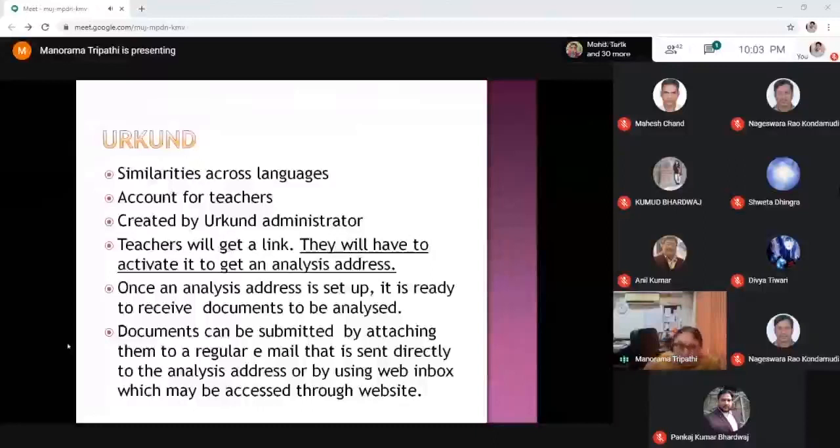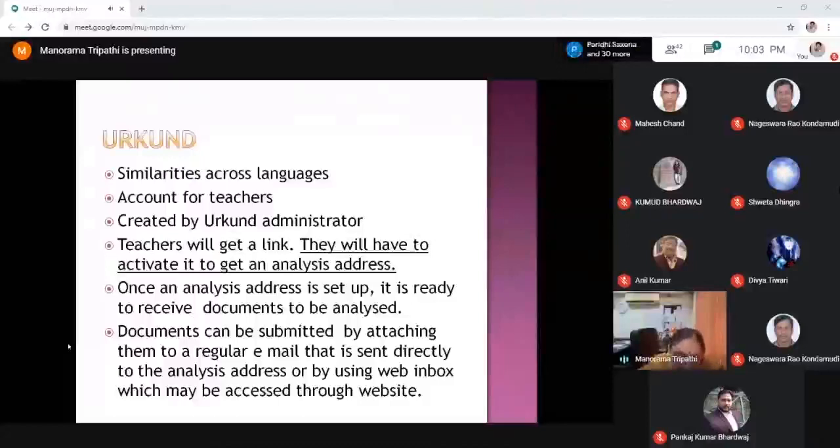Documents can be submitted by attaching them to a regular email sent directly to the analysis address, or by using the web inbox, which may be accessed through the website. So this slide shows two important things. When teachers get the link, they have to activate it, and then set an analysis address.